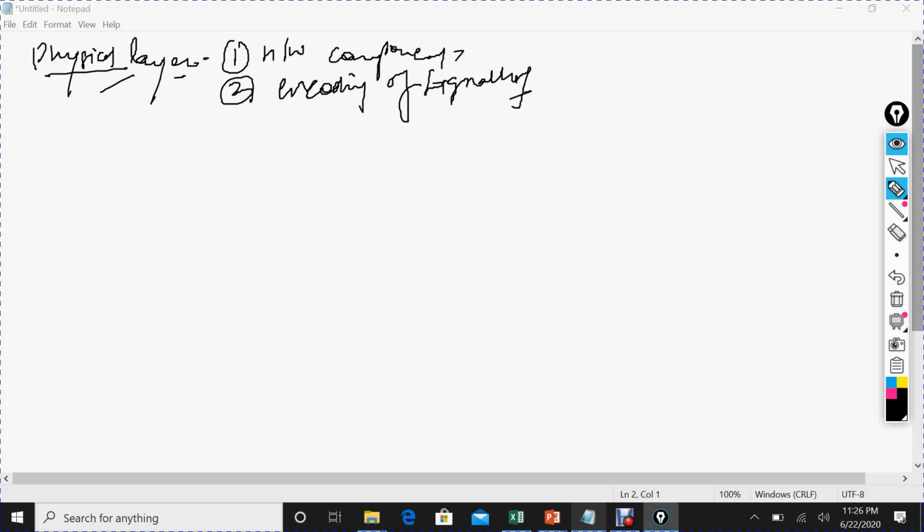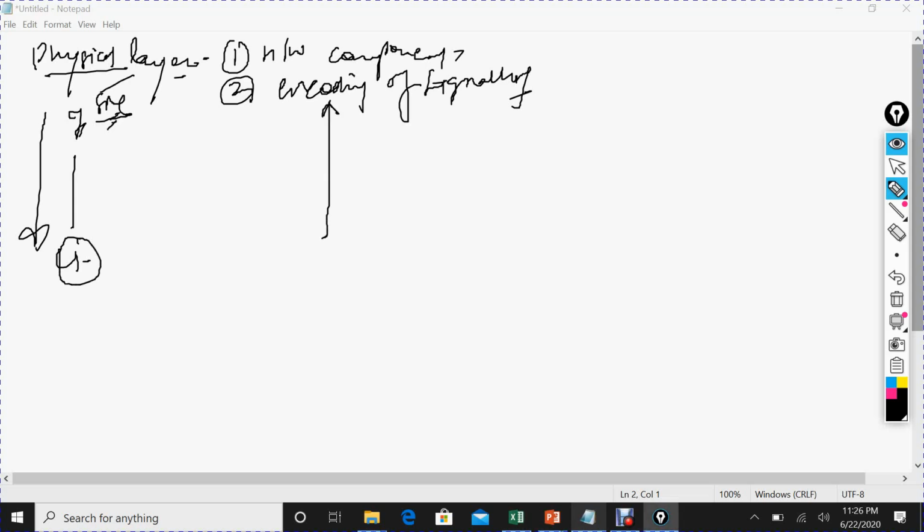Because if you see from layer 7 to layer 1 with respect to the source, your OSI layers work from top to down. I will explain this later in the video, because at the end I will explain end-to-end data delivery, which is very important to understand. So for the source it works from top to down, and for the destination from down to up.